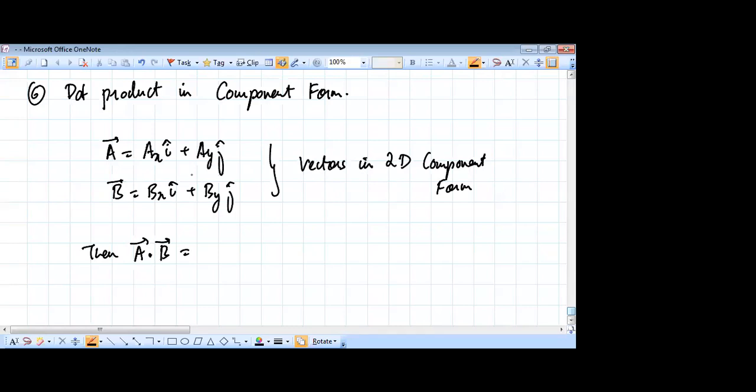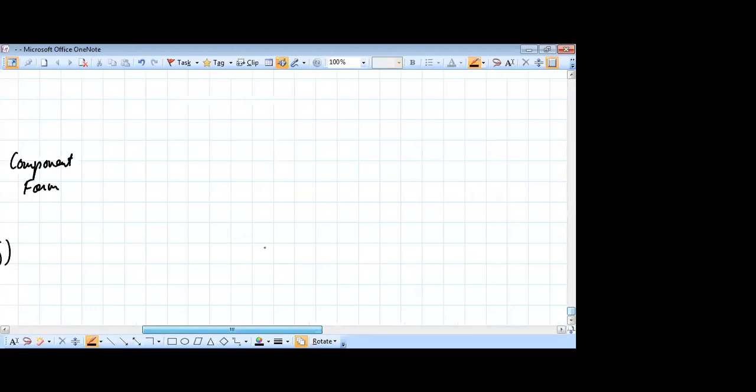how will we calculate? Now let's substitute A here. So in component form, A is like this. Dot product with B, let's substitute B. So in component form, B has got two components, Bx i cap and By j cap. Now this bracket can be opened using the distributive property. So the property we will make use of is distributive. Suppose we had something like this, A plus B dot of C plus D. So using the distributive property, how can I write this? A dot B, sorry, A dot